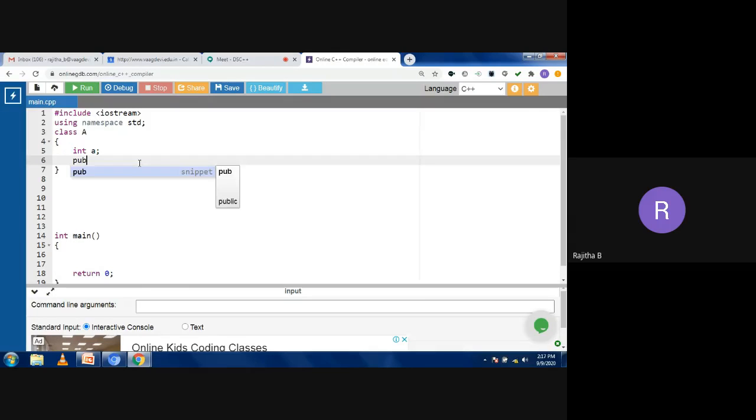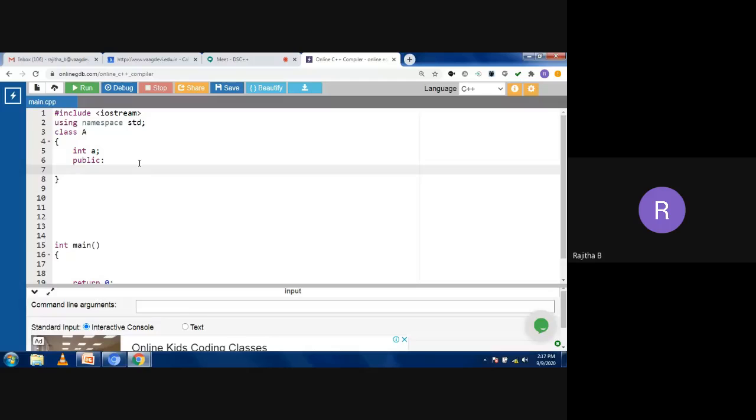Okay, I'm taking the constructor. Using the constructor, I can assign values to the data members. So I'm taking A equal to 10.